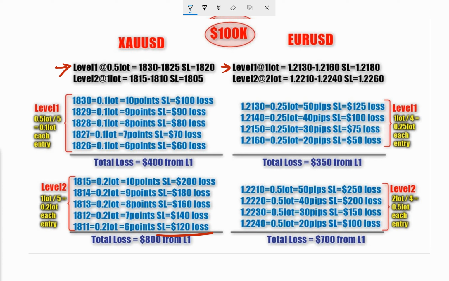In a day or in a week, for one currency pair or two currency pairs, the SL hits, and therefore one level, not for all. If SL hits for this level 1, then there are 99% chances that the client will get the profit from level 2 surely. So this is how this entire setup will work, and this is the loss. If the pending order activates for 1, 2 and 3, then the profit is going to be doubled.